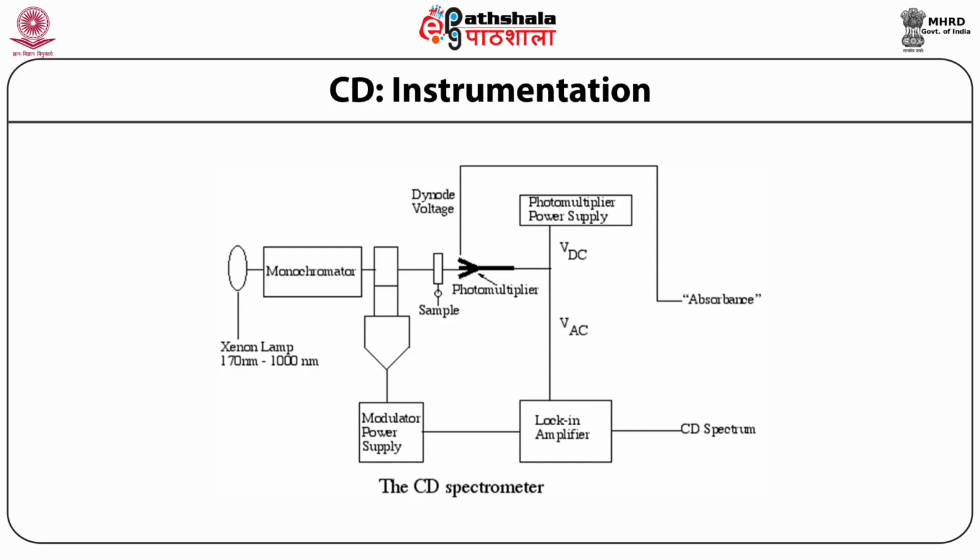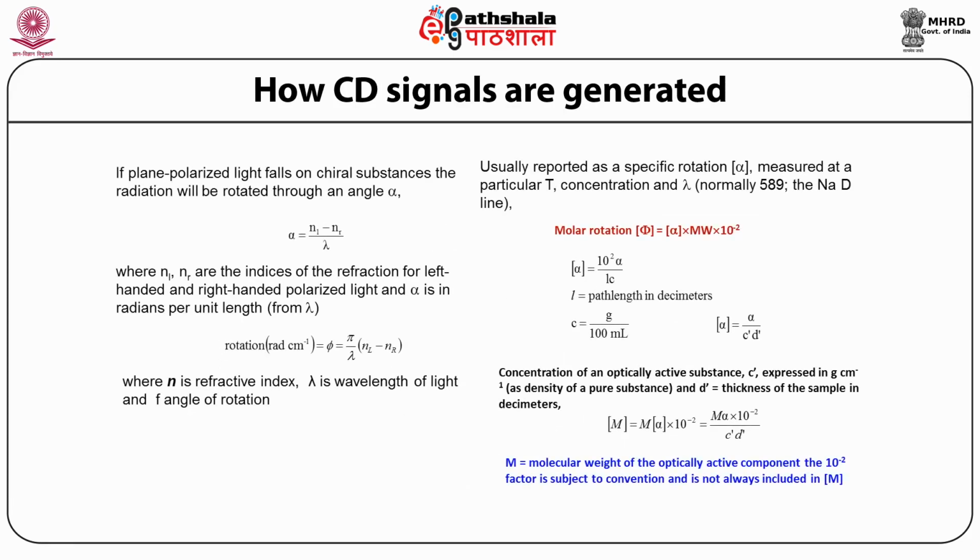However, in circular dichroism, it is further logged in an amplifier, and then the modular power supply gives rise to the well-defined CD spectrum, which can be used for further analysis to understand the properties of the molecule under investigation. We discussed how the CD signal is generated and what mathematical calculations are involved in its generation. So you can understand that if plane polarized light falls on chiral substances, the radiation will be rotated